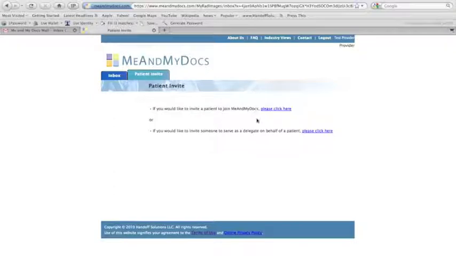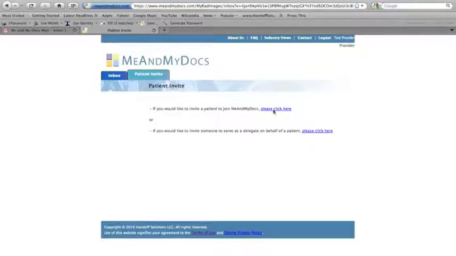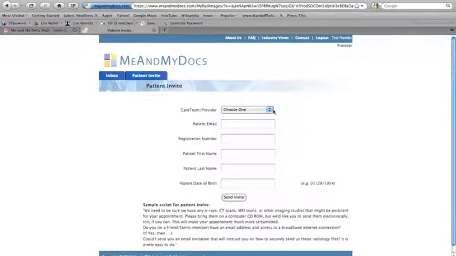So you click either one, have a patient upload their study or have a delegate upload a study for the patient. We'll start with the first one, where a patient uploads their own study. Now, as the scheduler, you would simply schedule which provider or practice, care team, needs to look at that study, and you put in the patient's